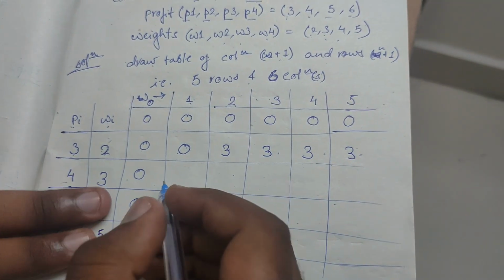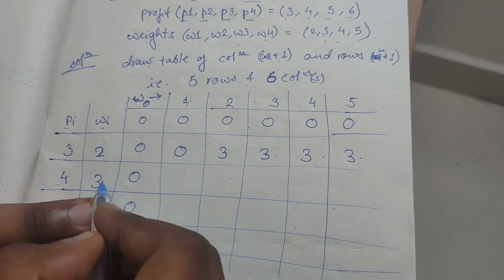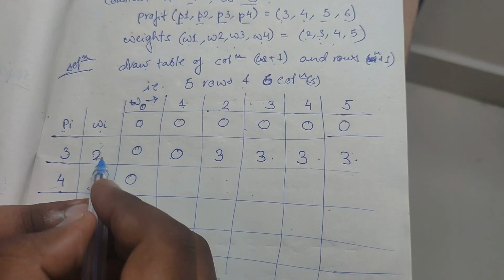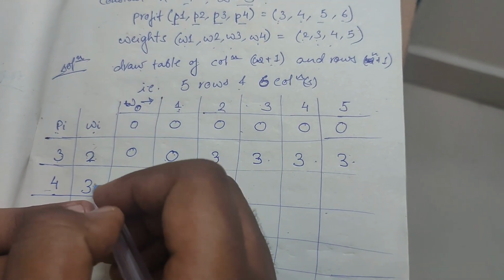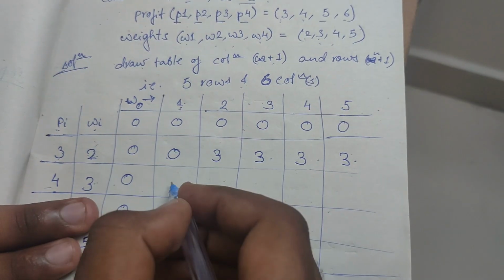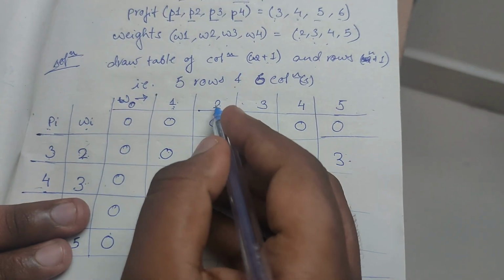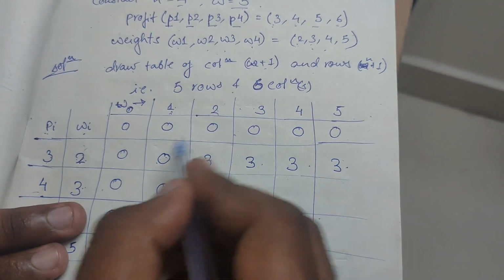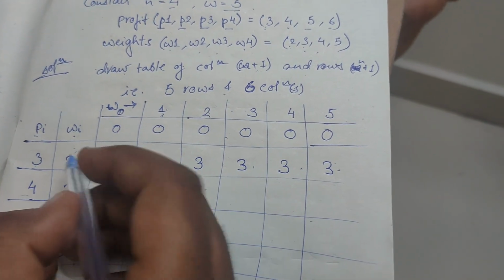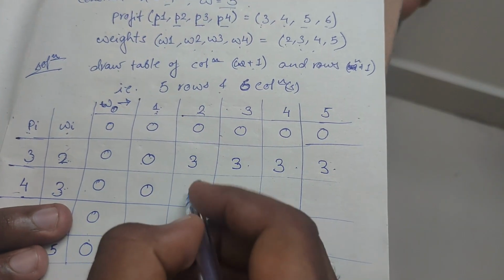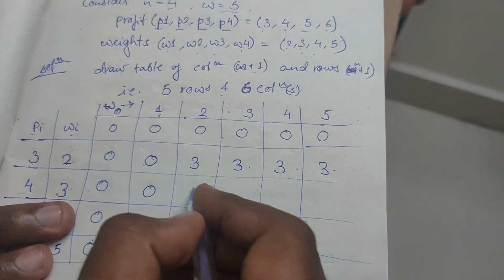Now in the next row you have 2 options. You can take either the 3 kg object or the 2 kg object also. Now the capacity is 1. So 1 kg capacity, but here the weights are 2 and 3. So you can take nothing, therefore 0. Now there is a 2 kg knapsack and you have objects of 2 kg and 3 kg. Obviously you can't take the object of 3 kg, so you will take the object of 2 kg and the profit associated to it is 3. So you will write 3.